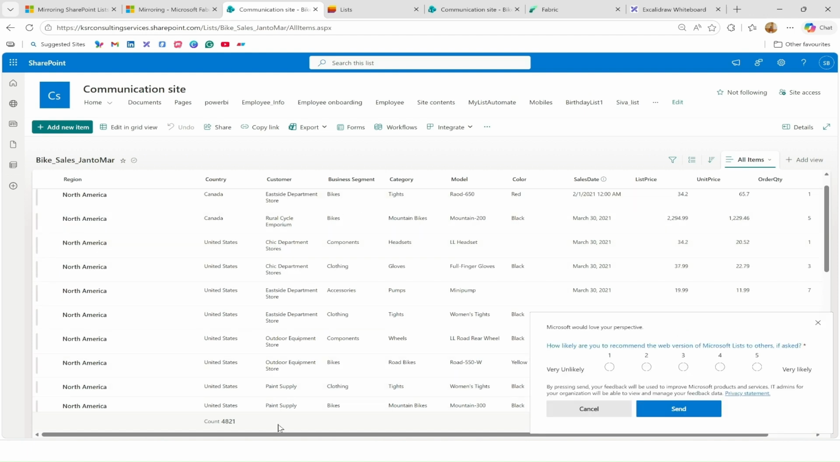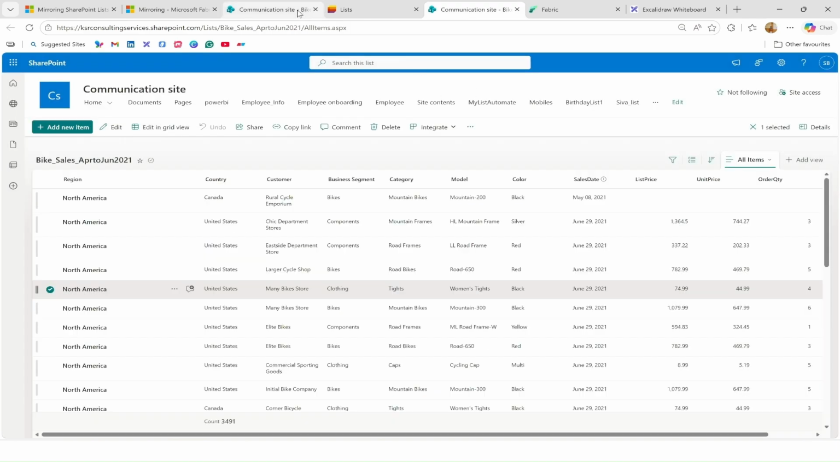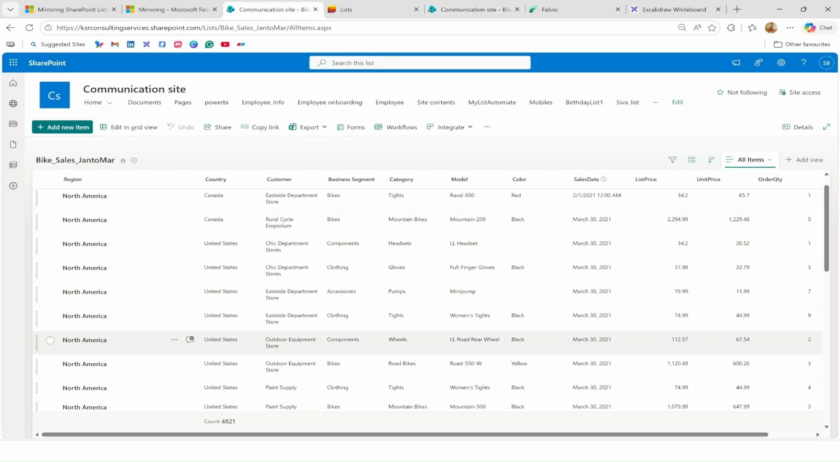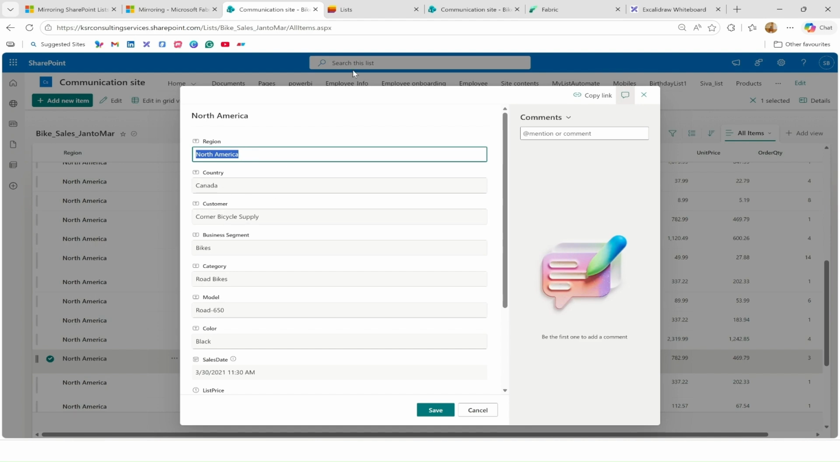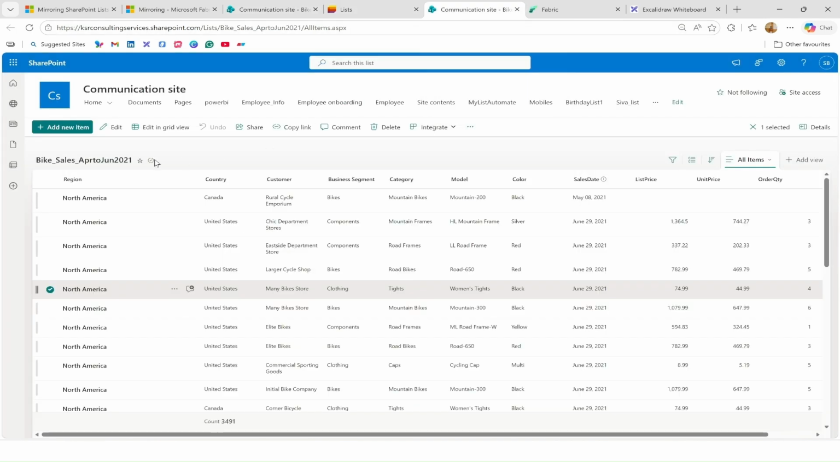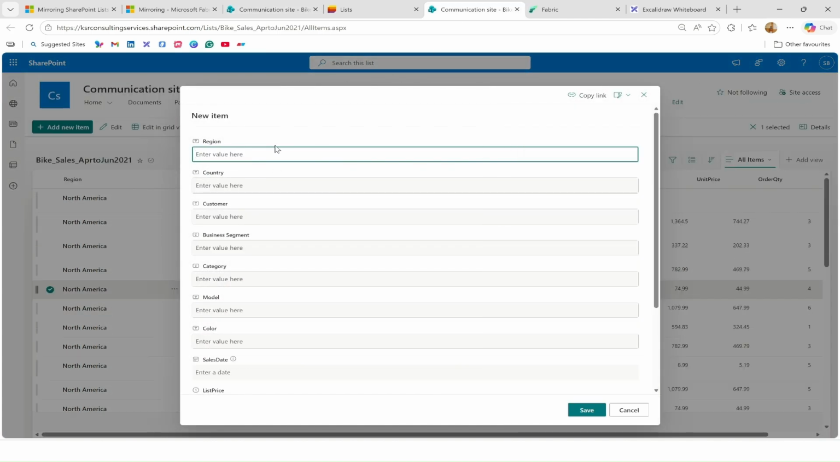Now here if you see, the count is 4821. Fine. Now let's go to the other list and copy the Canada data. For the time being I am entering the old details, but in real time you need to enter new details. Okay, let's click on add new item, North America,